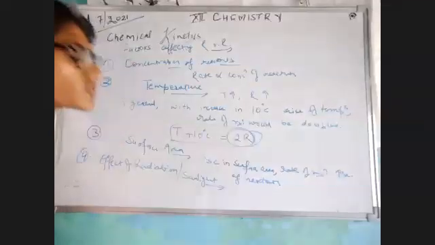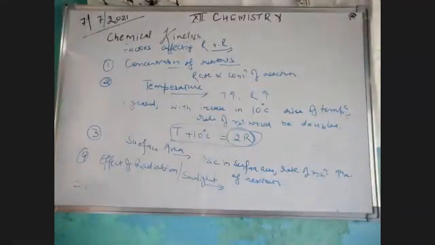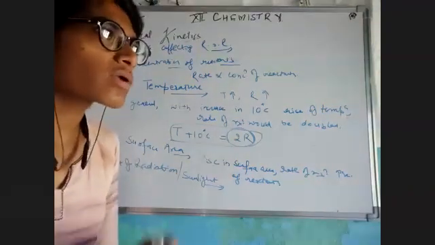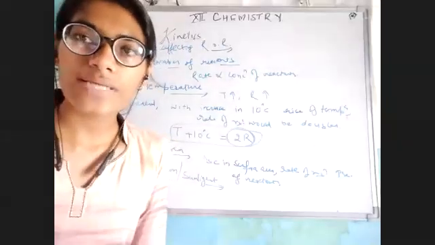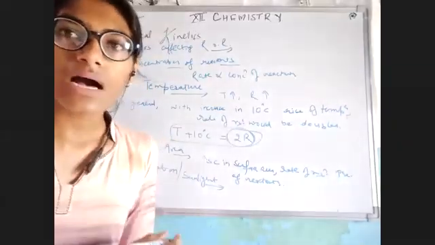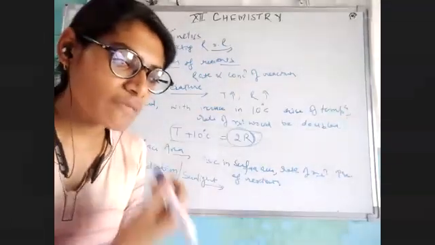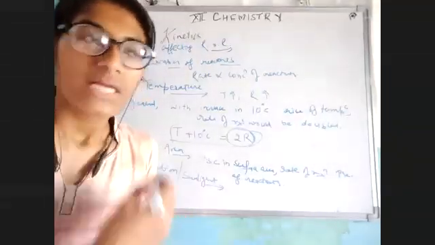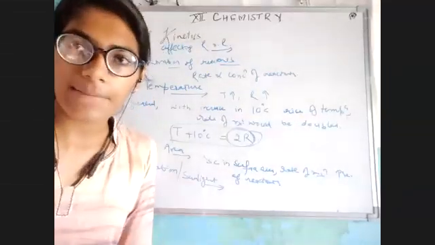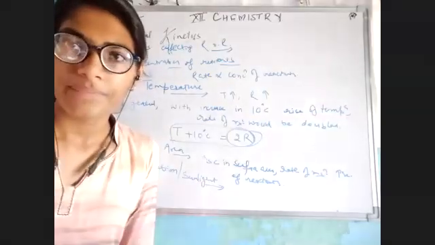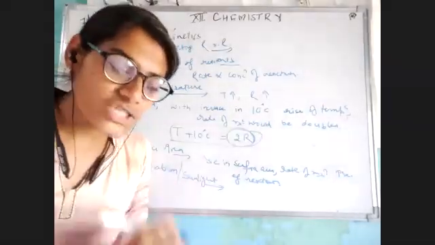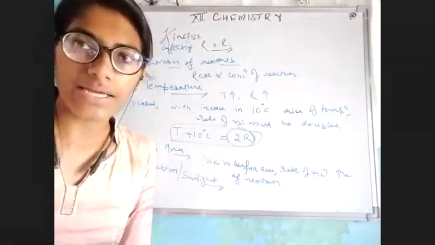But see, as you know, there are so many chemical reactions which depend upon different types of radiation. Suppose I'm talking about hydrogen bromide, that reaction takes place in the presence of sunlight. Some take place in the presence of a sodium vapor lamp, some in a mercury vapor lamp, some in a potassium vapor lamp. Is this making sense? That means each reaction depends upon a different radiation.